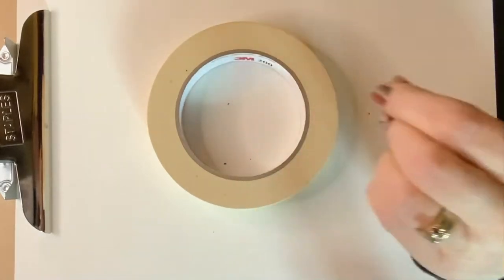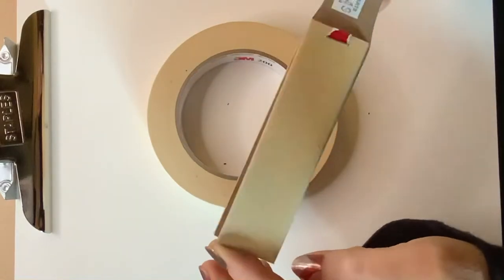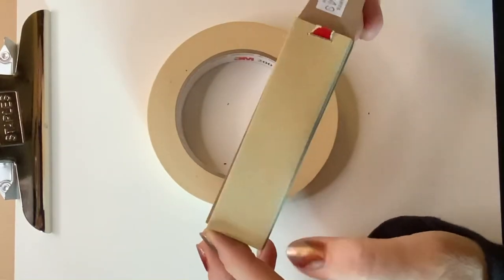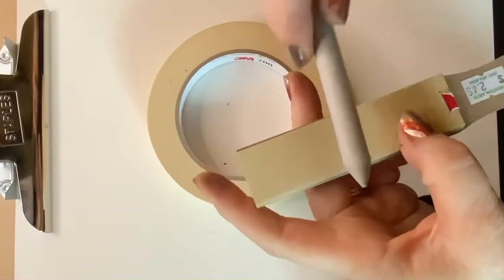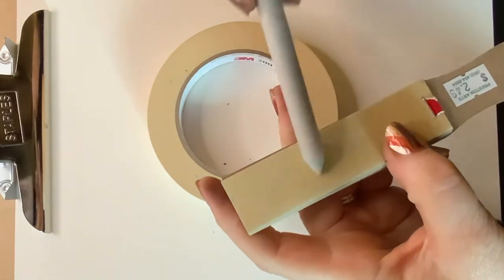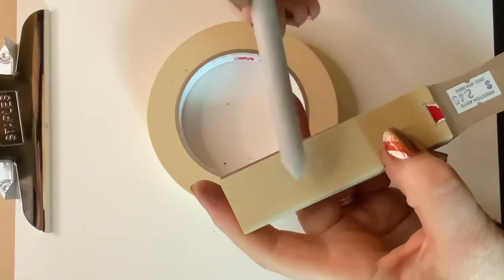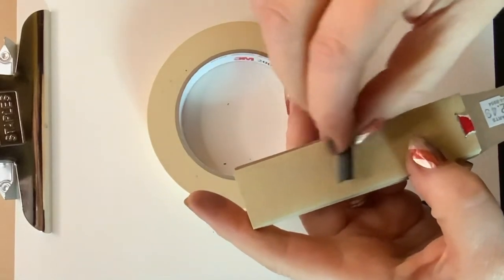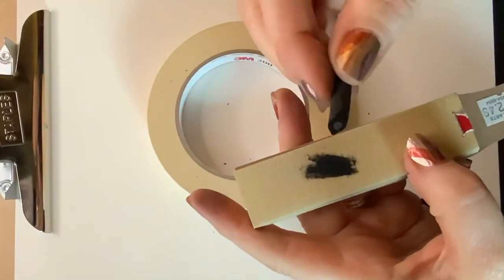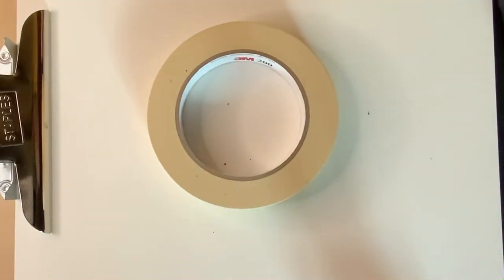So we have one last little item that probably is in your bag. If not, it's in the room. These are sanding blocks. And so if you need to sharpen something or erase the dirt of the charcoal that's on your blending stump, clean it off, and you want something to go on lighter, then you can shave across here and it will sharpen it. You can also, if you need to bring this to a point, shave and sharpen it on here as well to get the kind of point that you want to draw with. All right, so now that we have our supplies,